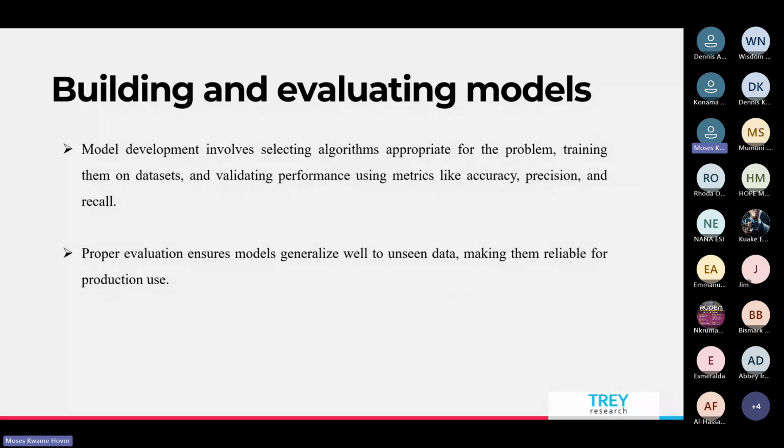You have to go and build what? An unsupervised machine learning model. Then you have to go through the different machine learning models that you have, because all of them have their individual assumptions and kind of data that they will accept, so we have to be aware of that. Then proper evaluation ensures models generalize well to unseen data, making them reliable for production use.